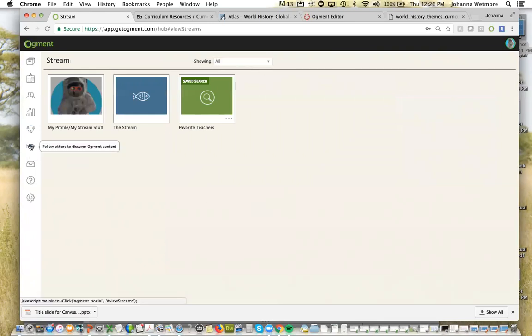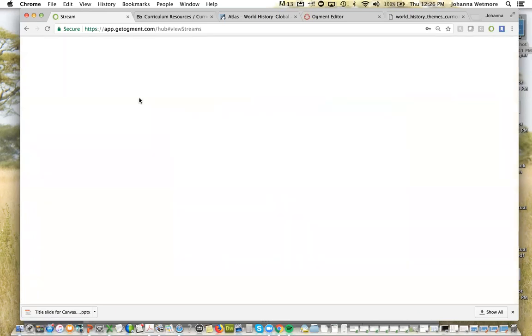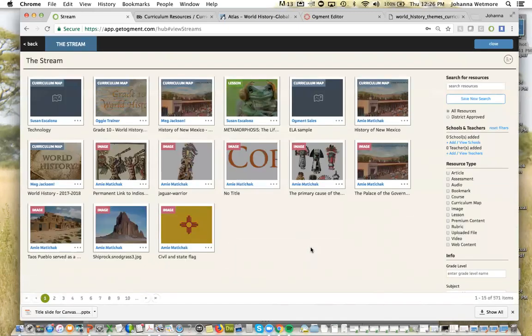Within Ogment, you also have a stream. So anything that's been created in Ogment, while you can create lessons, you can create assessments, you can pull in any kind of material that you like, the stream is actually where that would be shared with you and your colleagues. So you actually have the ability to create a stream that is a smaller version of what the district has to offer. You can just look at the full stream of everything that's coming through, which would be all curriculum maps, lessons, anything that's